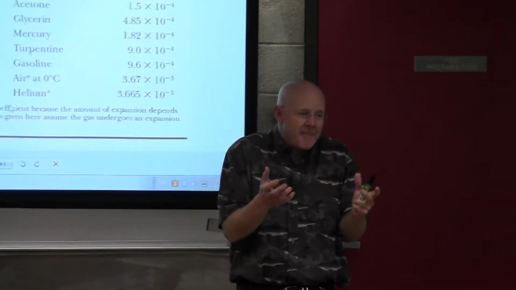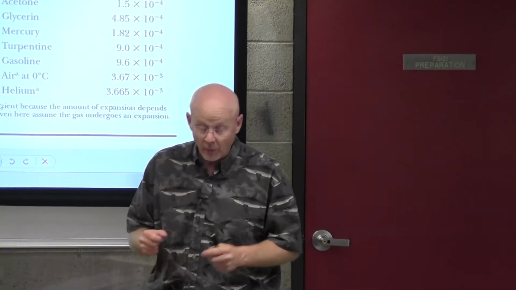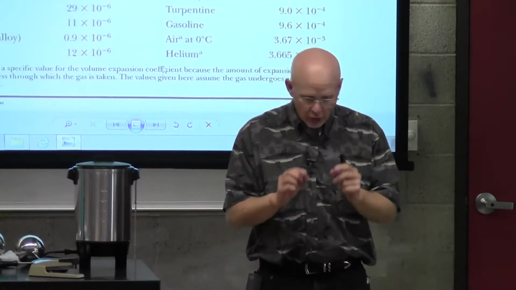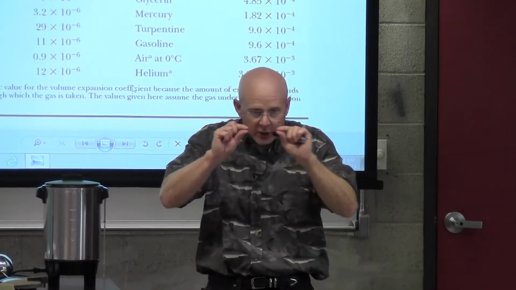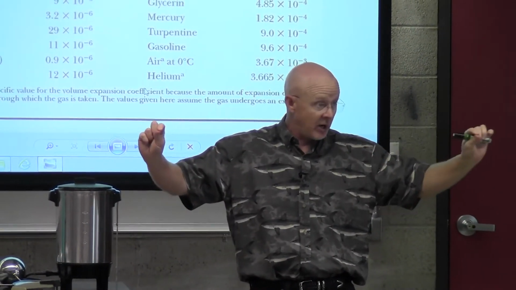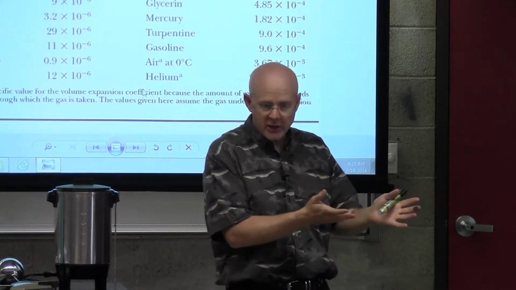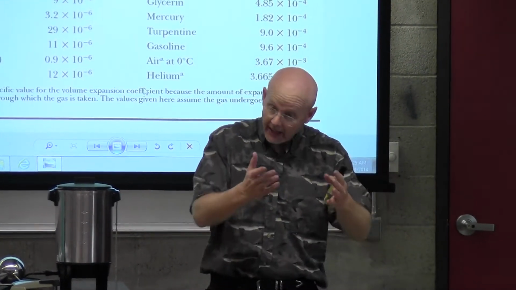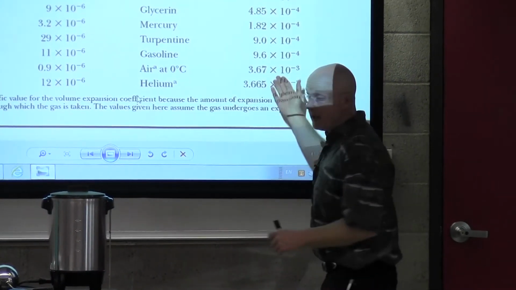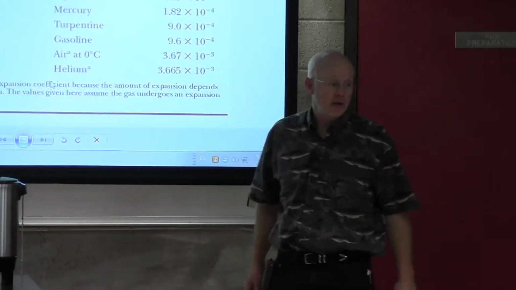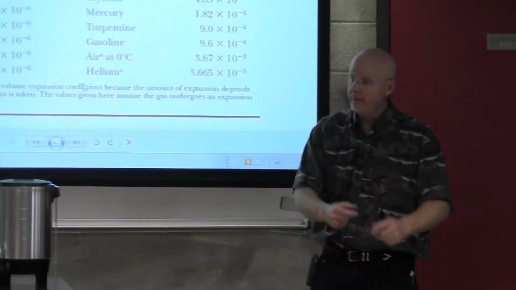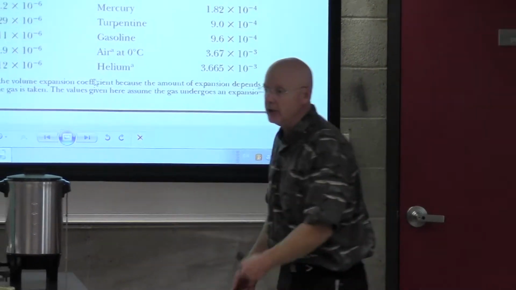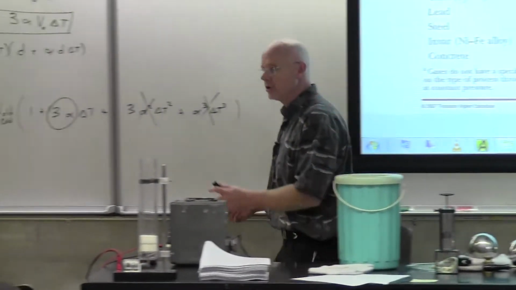If you so happened, which is, by the way, one of the homework problems, to pour your liquid into a very long, like a capillary tube in a thermometer, then you might think of it as just how much is it going to grow linearly. And in which case, take the beta and divide by 3. Right? And then you will get the alpha, and then you will know what its linear expansion coefficient is.